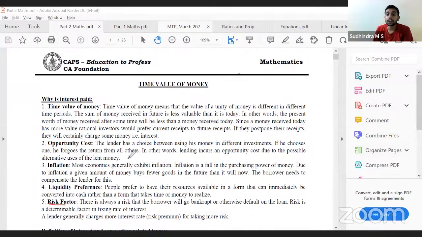Then risk factor. There will always be a risk, right? I'm depositing, I'm giving a loan to someone. There will always be a risk that he will default. So to cover that risk, he has to give me a return. That is called interest. So these are the reasons why